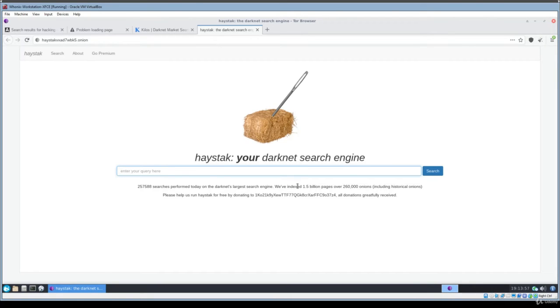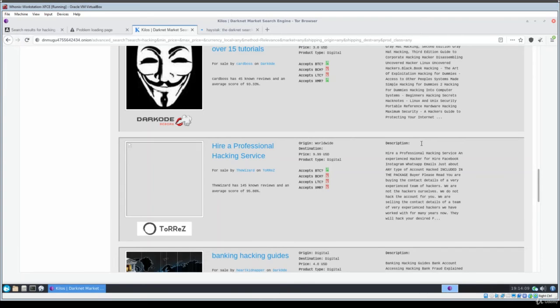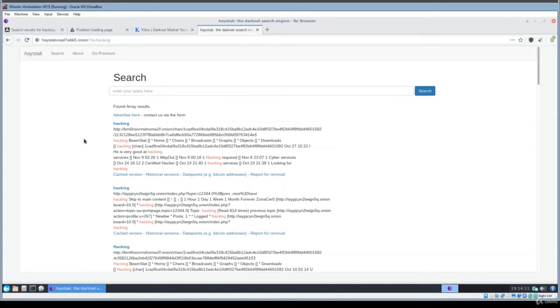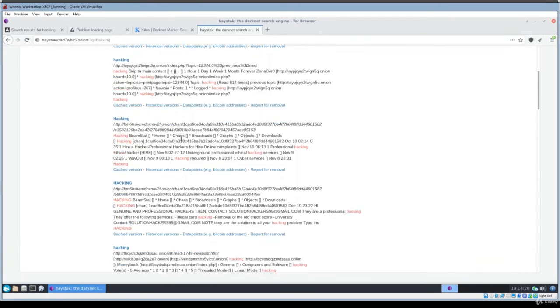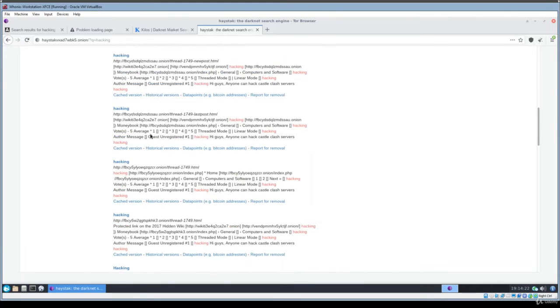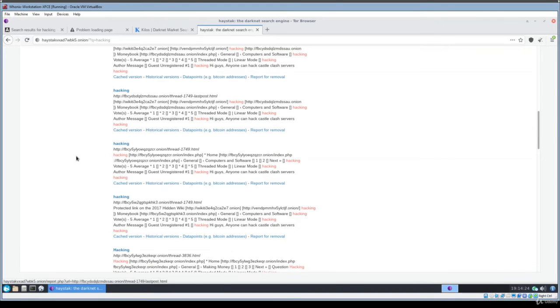There you can see that it has indexed 1.5 billion pages over a couple of years. This is amazing. If I just type hacking, let's see what you can get. There you can see that it searches and tries to find services, cyber services. So these are the onion websites, all the onion websites and their relevant links as well.